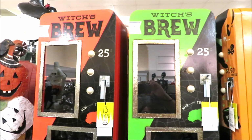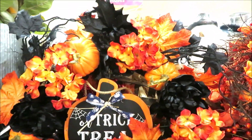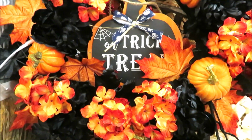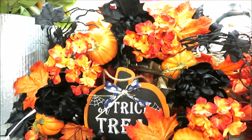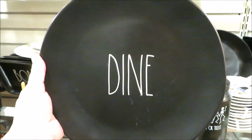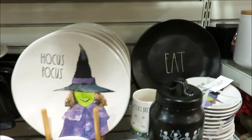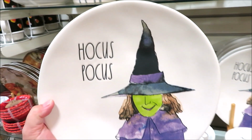I am surprised that they have no shortage of Halloween items here today, including some wreaths, this beautiful one with a trick or treat sign right there in the middle for $29.99, and a ton of Dunn. Now, I'm not a collector, but I know many of you are, so I thought I would share what I'm finding with you all. This store did have a lot of the black items,